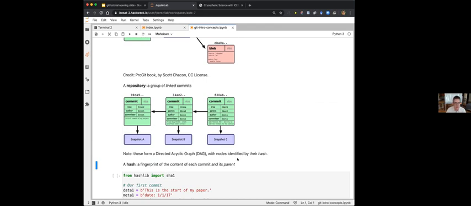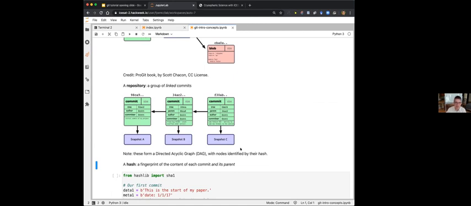There are multiple hash functions out there. Git uses a specific hash function called the SHA-1 hash function that produces these long hexadecimal strings. The specifics of hash functions don't matter. The point is, think of it as a fingerprint. But the important trick is that you don't just fingerprint the content. You fingerprint the content and the fingerprint of the parent. And by doing that, each fingerprint effectively links all of the parents together. And so whenever you compute the fingerprint of one commit, you are effectively verifying the integrity of the entire chain